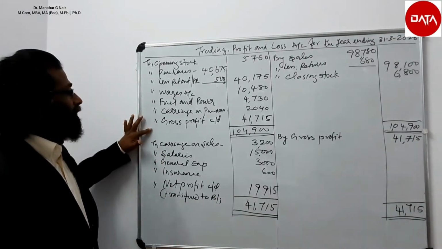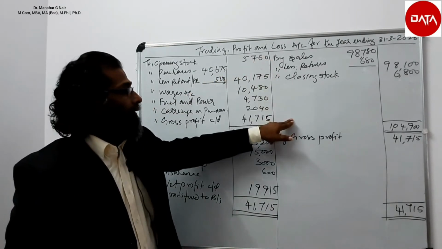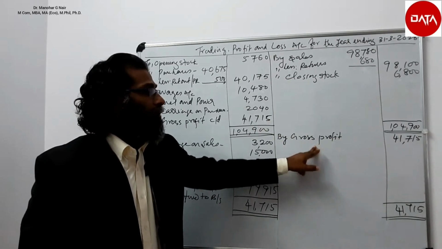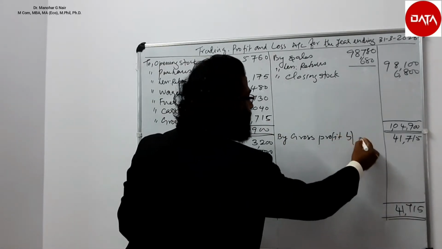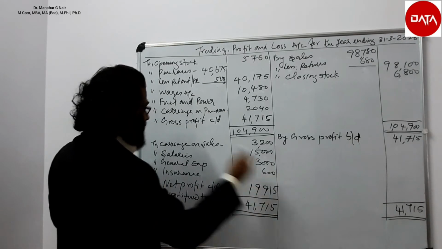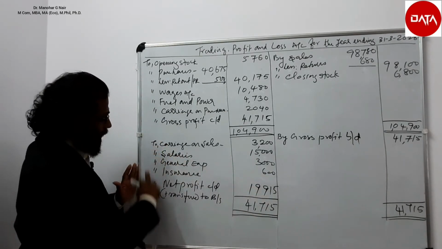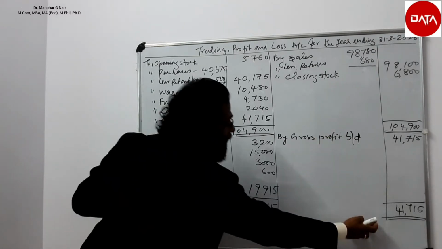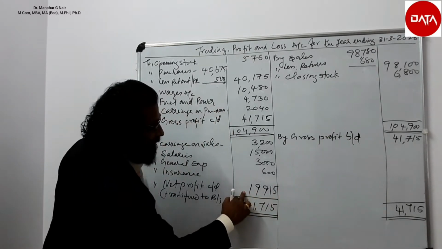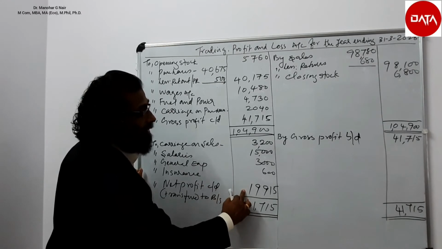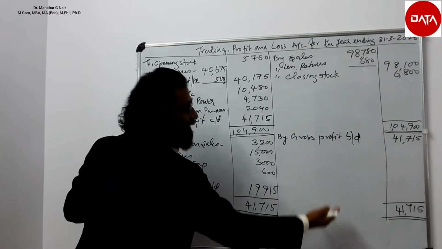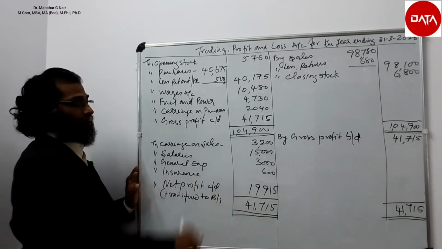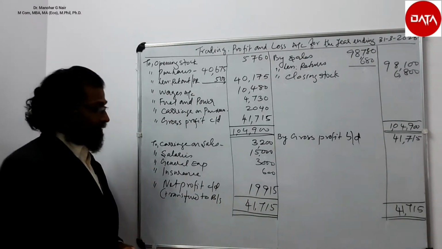all direct expenses and all direct incomes. The difference is gross profit transferred to profit and loss account credit side. And in the profit and loss account we have written all indirect expenses given in the trial balance. Then we totaled it and we found the difference. That difference is called net profit. Since the income is more and expenses is less, so it is net profit. It is transferred to balance sheet capital account.